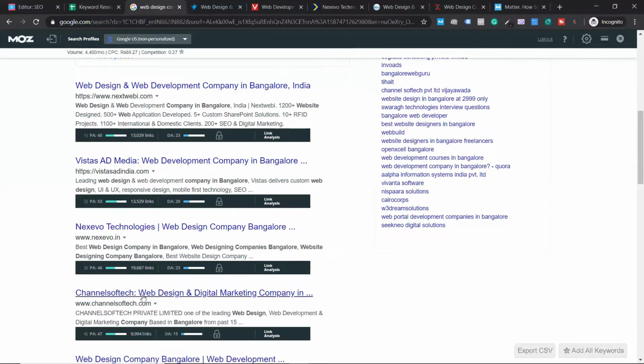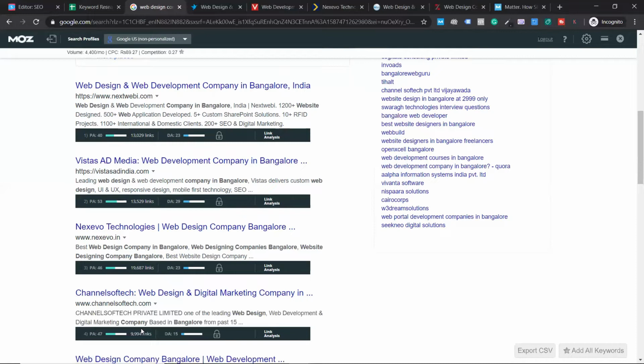Now I know how these guys get this kind of backlinks. Whenever they build a 100-page website for a client, say for example, I build you a website of 100 pages, what I do in the footer is say "powered by" my company name. So if you have built 100 pages, I'm getting 100 backlinks. Trust me, site-wide links are not that valuable anymore.